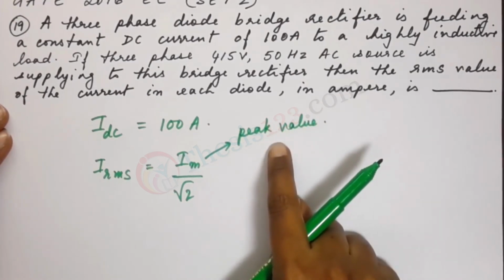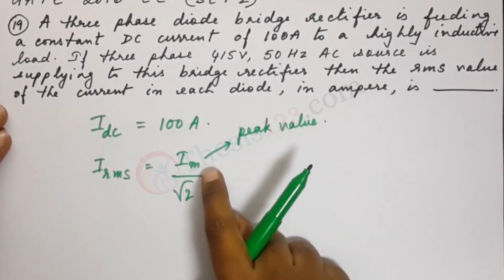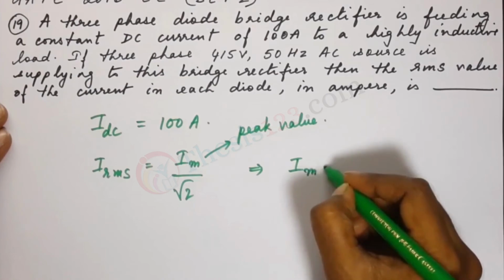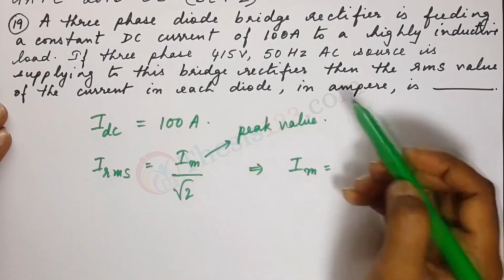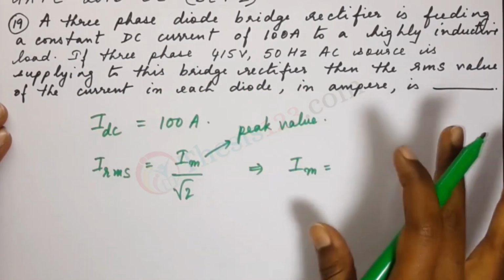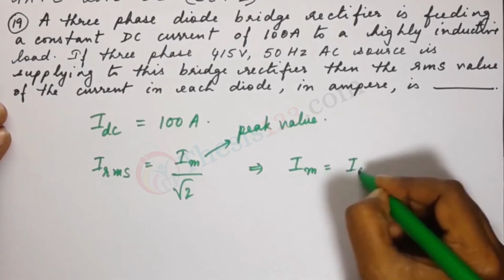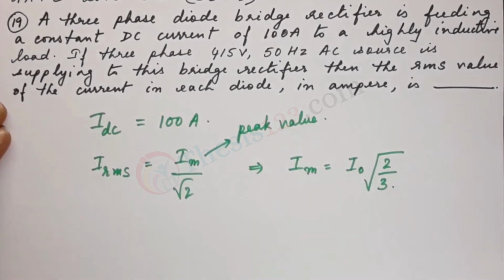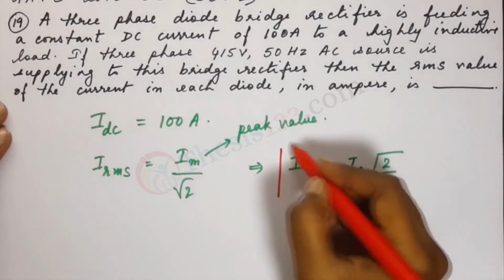So we don't know what the peak value is, so we have to find out what Im is. And Im can be found by this relation here in terms of bridge rectifier. These formulas are for bridge rectifiers. So it's I naught root 2 by 3. This is the formula that you would need to remember